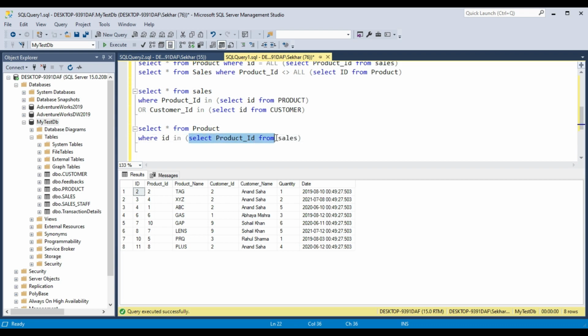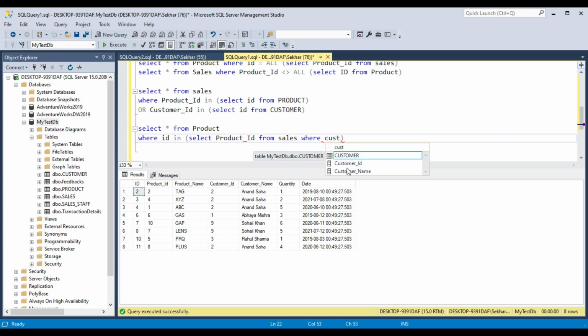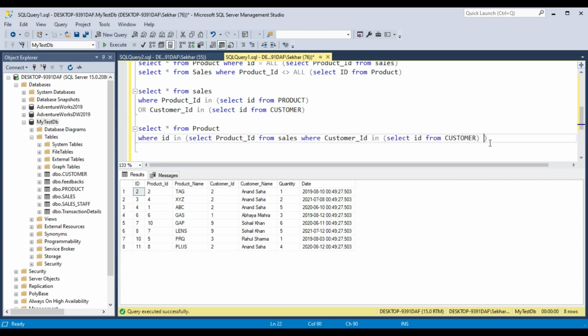Here is the first subquery, and inside it we will use another subquery where customer ID in select ID from customer.